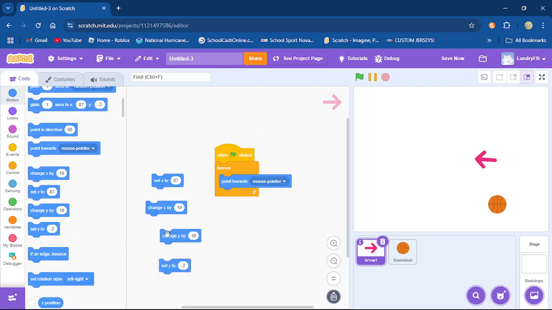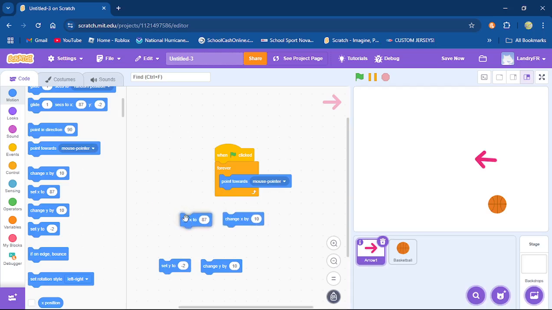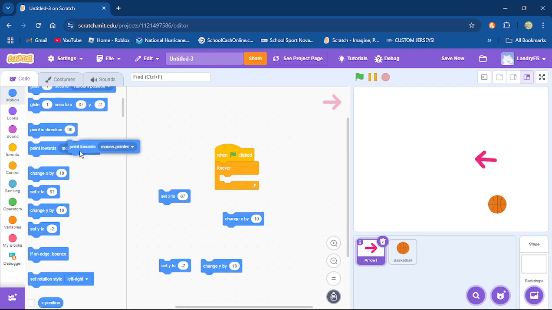These are two completely different things, even though they look very similar. And it's important that you understand why they're so different. When you set something, you're actually changing the number of it to that number permanently. So if you put this in a forever loop, forever it's going to set the x of that item to what you need it to be. So I set x to 87. If I want to set x to, let's say, minus 100, permanently it's just going to set it there. It's never going to move from there.